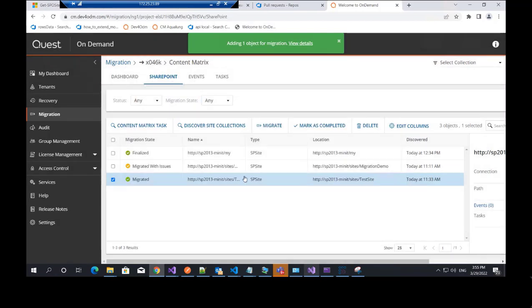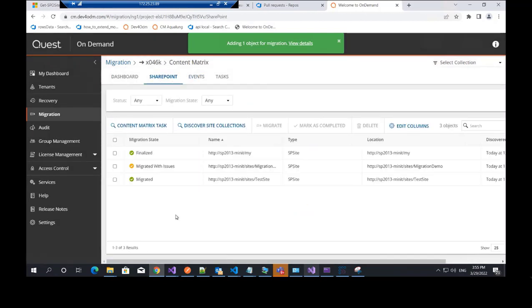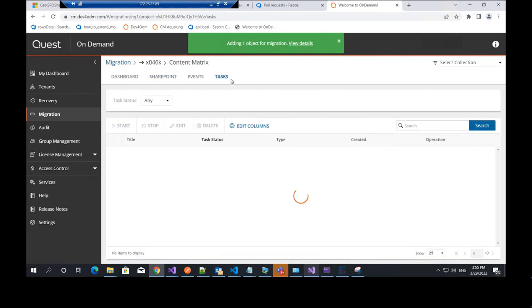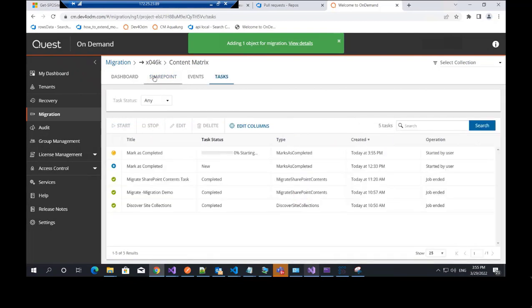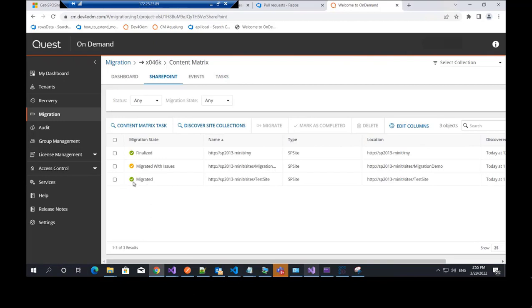I mistakenly opened two results. Give me a second. So once this task is completed, this is currently running. Once this is completed, the migration state of this will change to finalized so that the user can easily filter. And after the migration, the user can directly filter how many of my sites are in migrating, in migrated state, with issues,